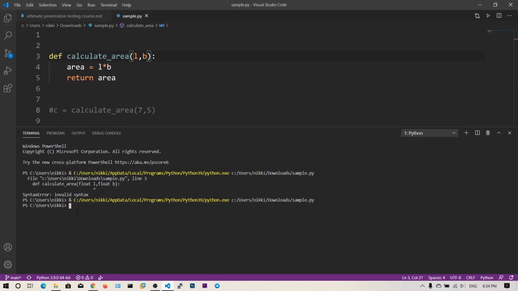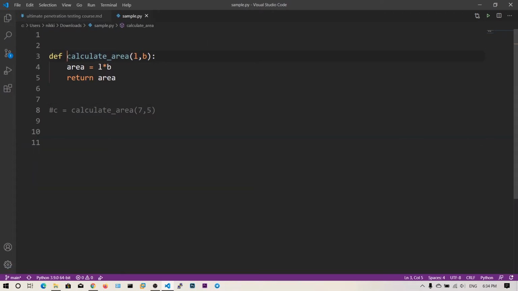We did not get any output, because by default functions do not get executed until they are called. Calling the function means mentioning the function somewhere in the code. So this is the function template, and this should be on top of the calling code. My code is calling here, and the function should be before this one, because the interpreter starts from top to bottom, and if this line is here, then it gives you an error. That's why we need to define functions first, and so we are now going to call this function. Let's execute this one.